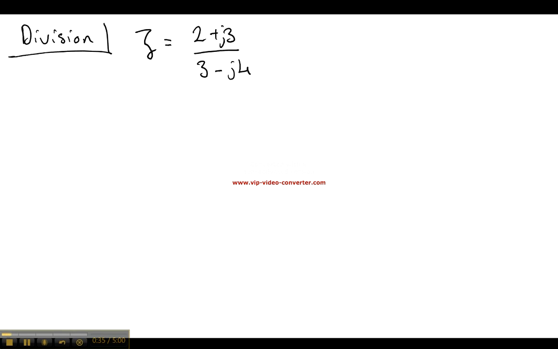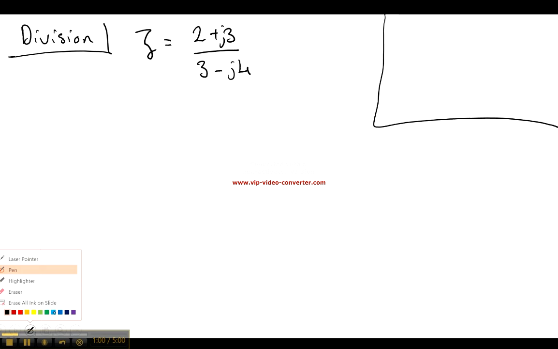Well, we actually don't really divide. We end up multiplying. And we've got to introduce a new term called the complex conjugate. What the complex conjugate does is allow us to get a real number on the bottom here so that we can then split off into a real term and an imaginary term. Now the complex conjugate, okay, we'll make a little side note up here, and maybe we'll do it in a different color pen. So it's called the complex conjugate